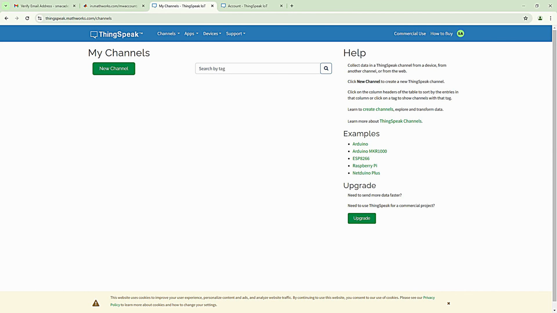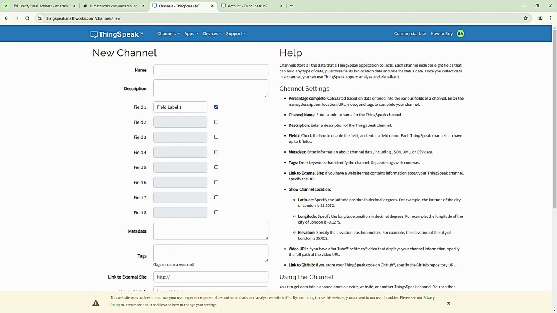And as a first step, you want to create a new channel in thingspeak.com. So if you want to update data to the cloud or to this particular thingspeak.com, you just want to create a new channel. Just click on this new channel icon, and name this channel. I'm just going to name it as IoT, or I will name it as weather station,